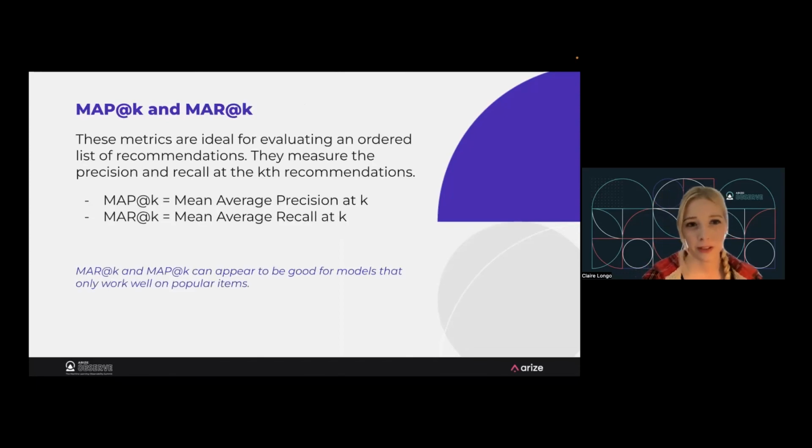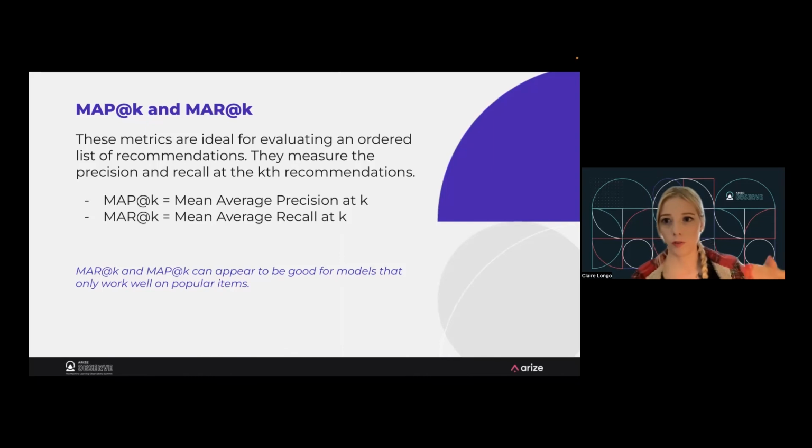They work well together. So first up is MAP at K and MAR at K. These are just your traditional precision and recall metrics. They are adapted to work for recommender systems. So recommender systems are really just ranking algorithms. They're returning a ranked list, maybe a list of 10 items ranked from most relevant to least relevant. This is just a calculation of precision and recall for that kind of prediction, and it's adapted to evaluate how well you're ranking.